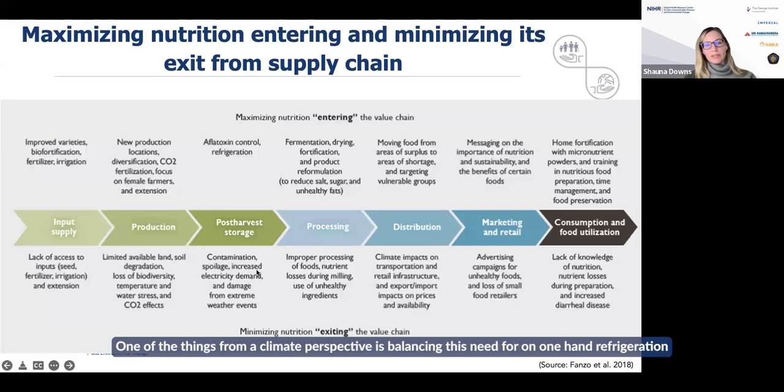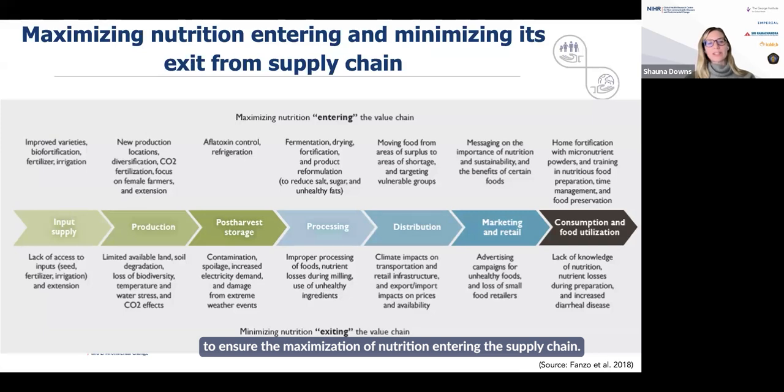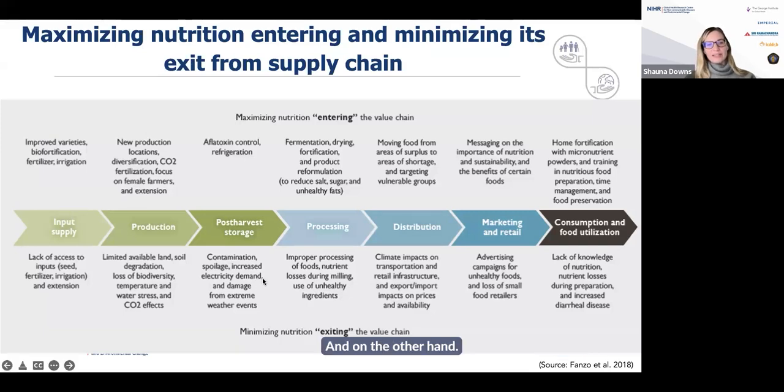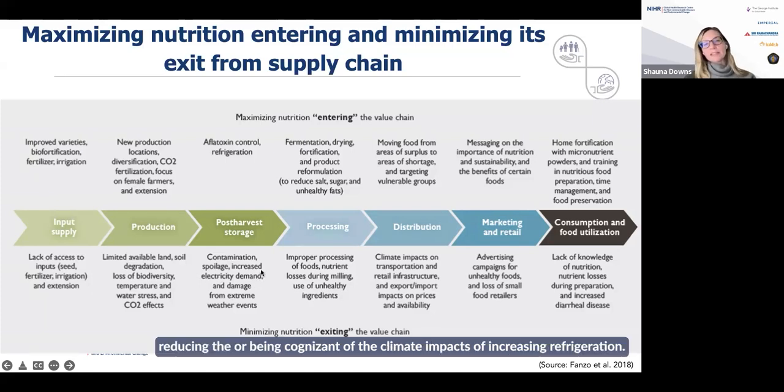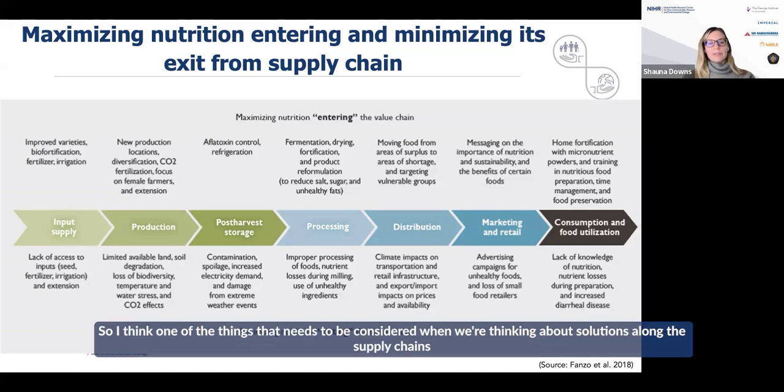One of the things from a climate perspective is balancing this need for, on one hand, refrigeration to ensure the maximization of nutrition entering the supply chain, and on the other hand, reducing or being cognizant of the climate impacts of increasing refrigeration. So I think one of the things that needs to be considered when we're thinking about solutions along the supply chains